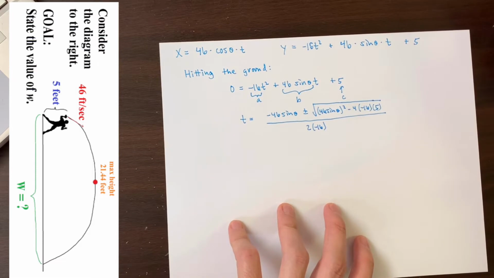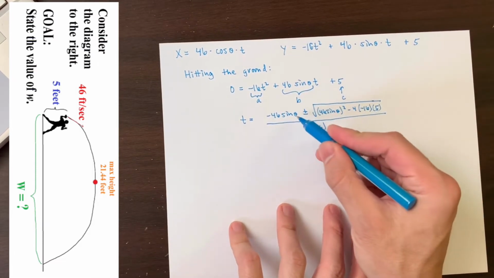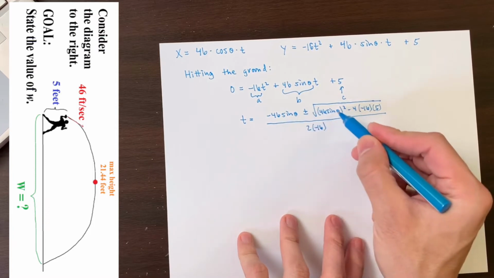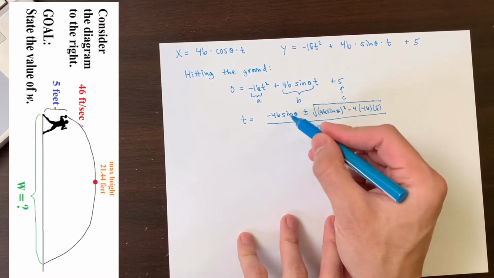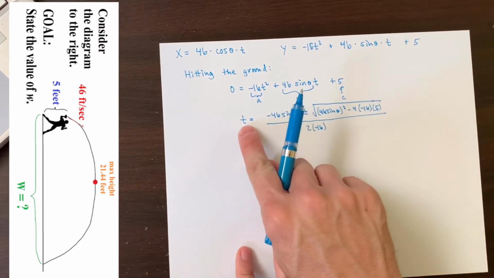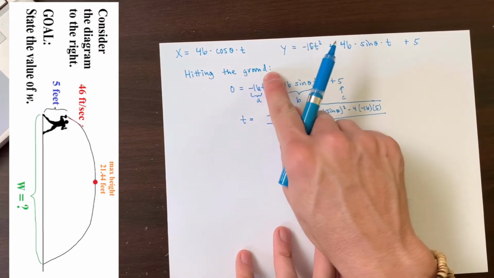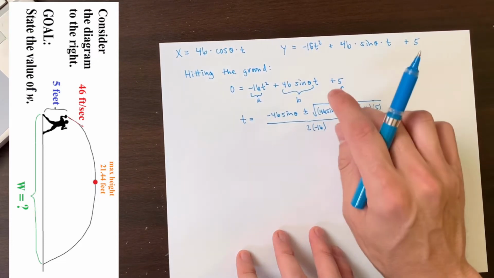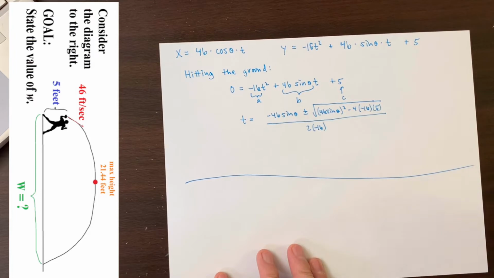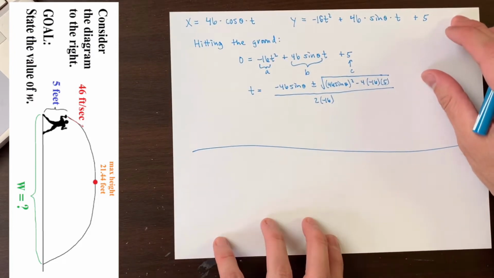But now notice that the issue here is that we do not know what sine of theta is. If I knew sine of theta as a number, I could plug in that number here and here, and I could turn all of this into a number to find the time when our football hits the ground. So for now, I got to take a time out. We'll come back to this in a moment. For now, let's go play somewhere else. For now, we will consider the fact